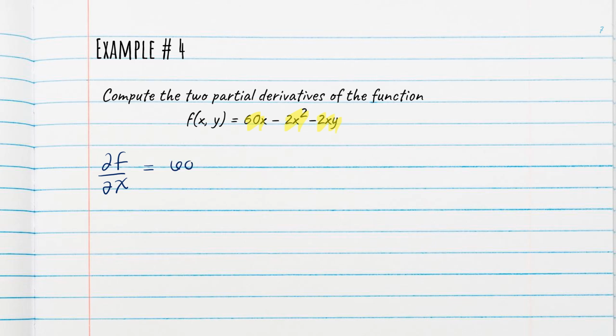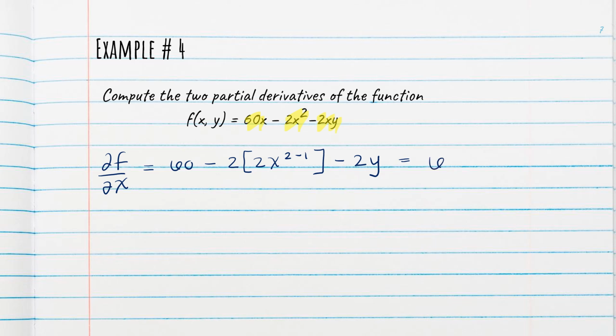And the derivative of negative 2x squared, we're going to follow our rules. So I'm going to throw this negative down so I don't forget it. I'm going to bring down the power of 2, and I'm going to multiply it by 2x to the 2 minus 1. And then I have to deal with my third term, which is minus 2xy. I remind myself that as I take this partial derivative, y is a constant. So I have two constant terms, 2y, multiplied by my variable of interest, x, and the derivative of that will just be negative 2y.